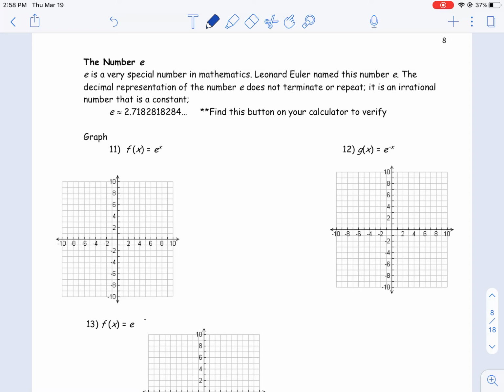This is the video you've been looking for, the last one in this series, and it's called the number e. And many of you right now are thinking, the number e? Isn't e a letter? And you're exactly right. e is a letter, but e is a letter that stands for a number. And this number was discovered by Leonhard Euler, and this number appears naturally in different situations and is called an